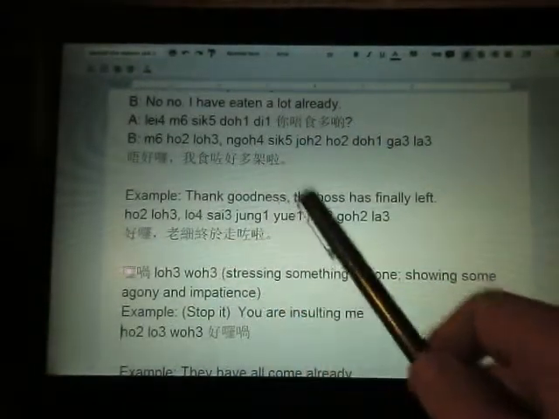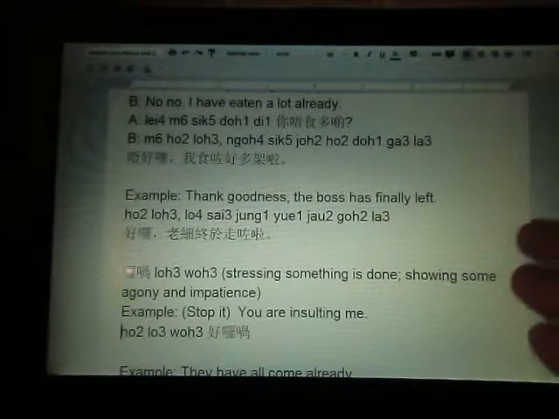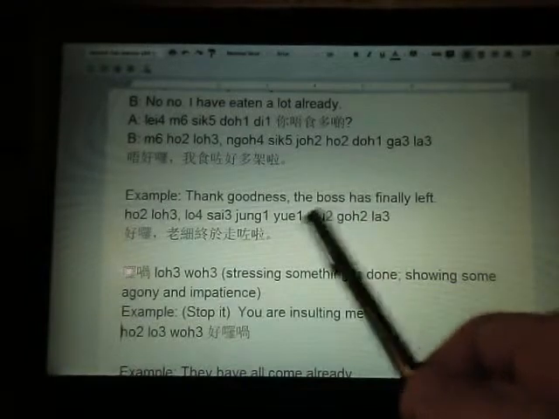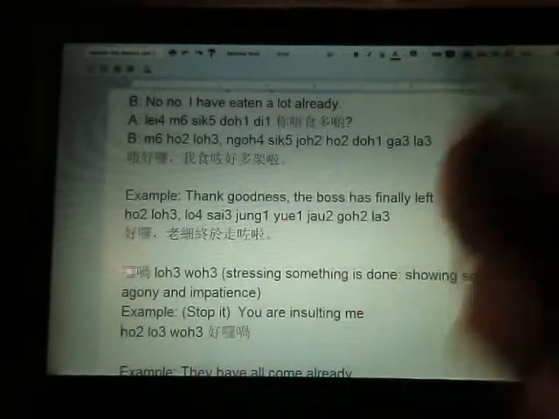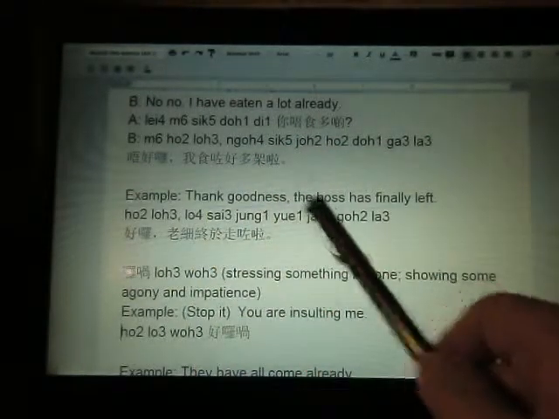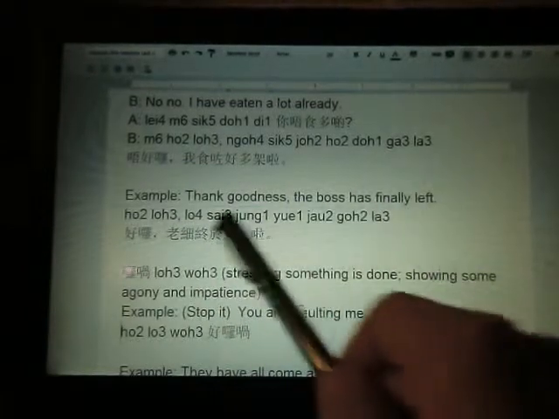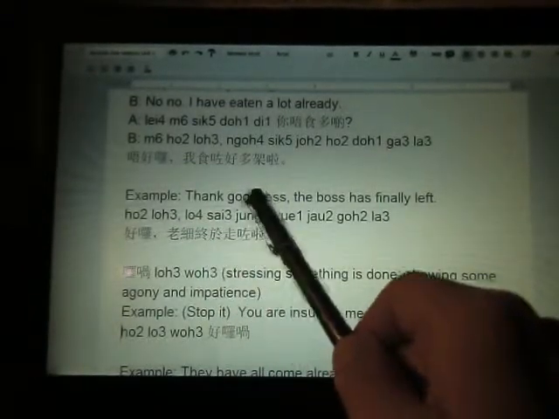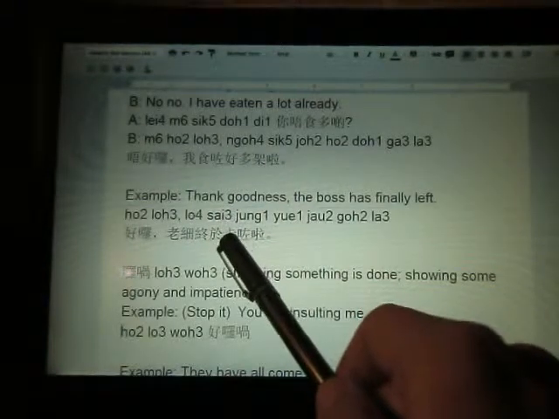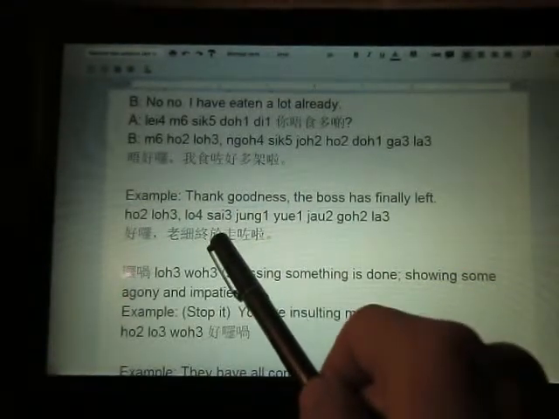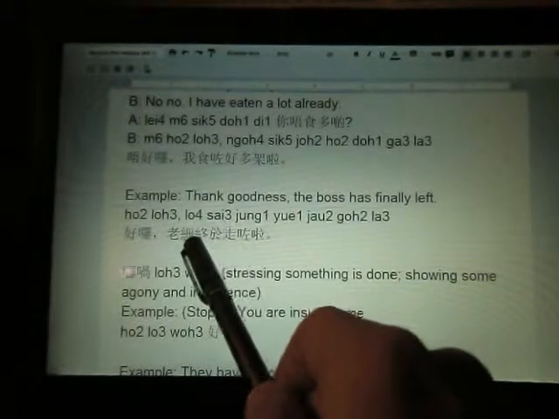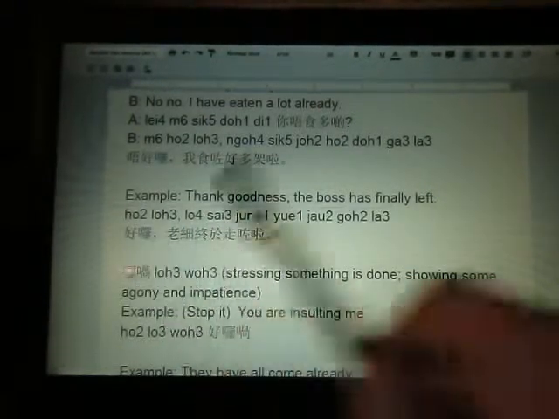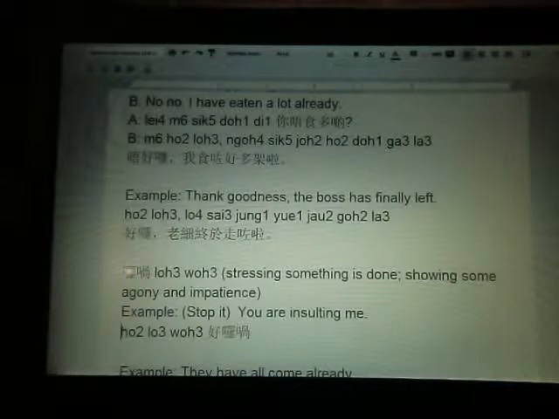Another example: thank goodness the boss has finally left. So eventually the boss has left, so it has reached the point that you feel good. So 好咯 means oh nice, I mean finally. The boss, 老細, 終於 finally, 終於走. 走 is to go or to leave. 走咗, left. Finished leaving. So 好咯, really good. 好咯，老細終於走咗啦。